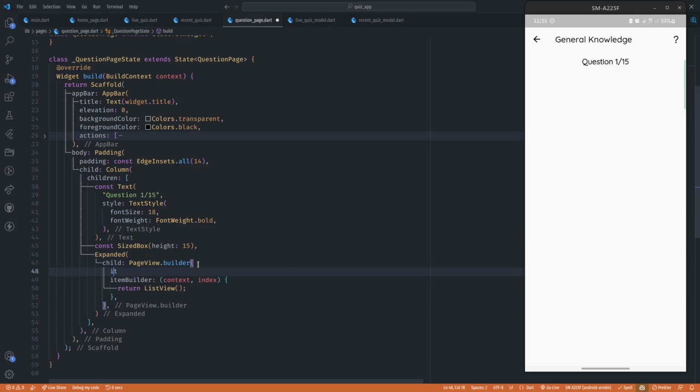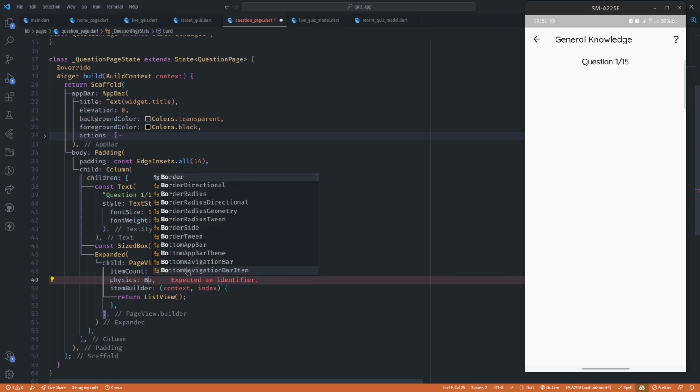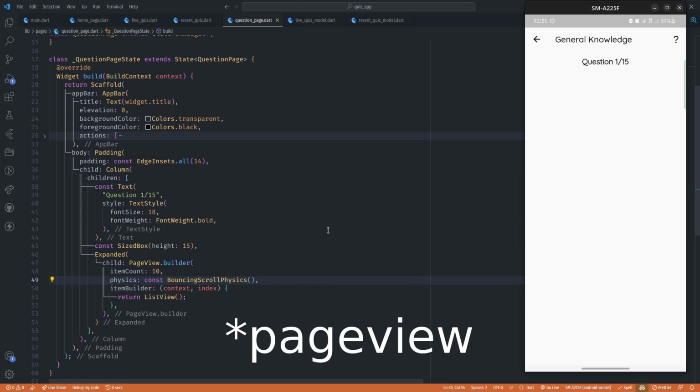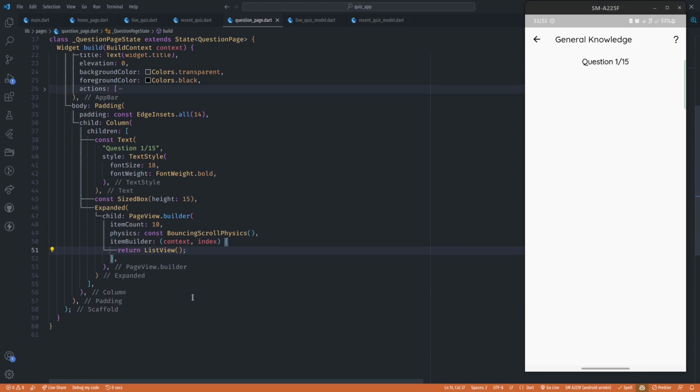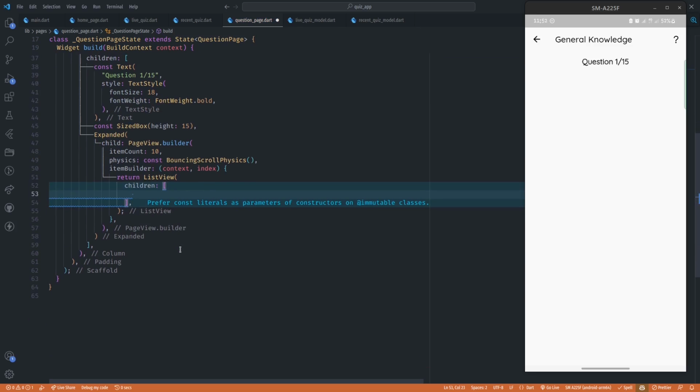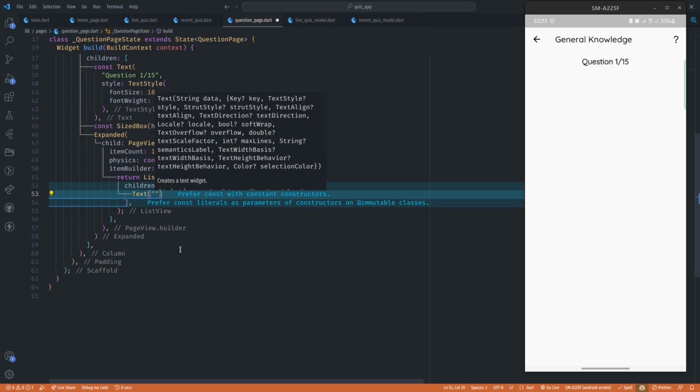So let's first give an item count to this PageView.builder. I'm going to give it an item count of 10 for now, and also we need to change some few things. So I'm going to change the physics so that we have a BouncingScrollPhysics. That's when we overscroll the list view. So within our list view, right, within our list view we are going to have children, and then within the children we have the actual question, right? So the first one will be a text, and that is going to be the question itself. So something like